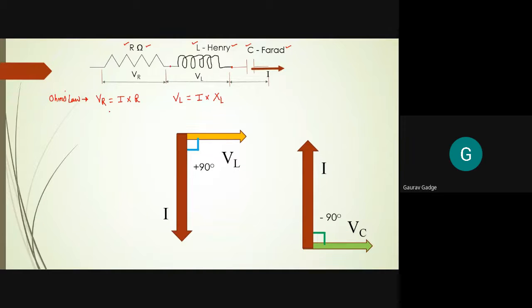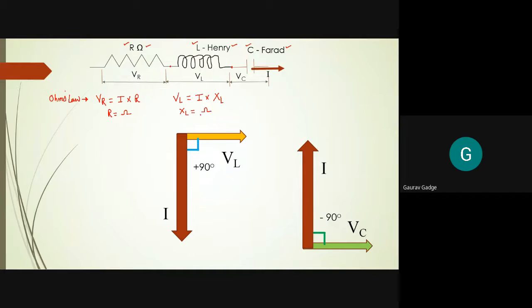Like in resistance, for a resistive element or resistive load, the resistance unit is ohms. For an inductive element or coil, the inductance is in Henry, but the ohmic element is XL. So if I ask you what is the unit for inductive reactance, it is ohms. We already have seen this particular concept when we saw how the elements or parameters change when a pure inductor is connected to an AC supply. So XL is in ohm.